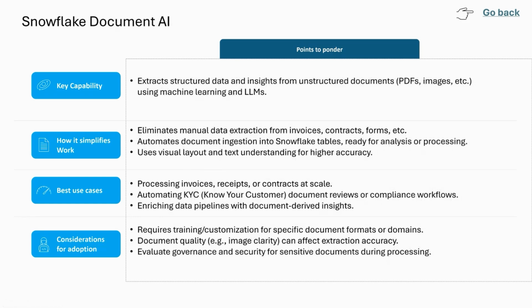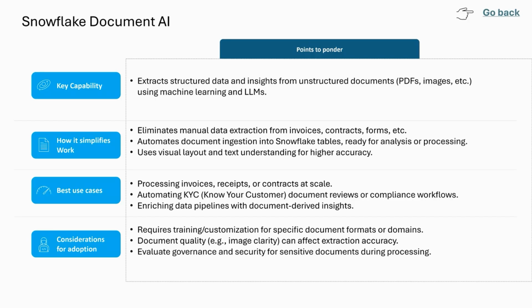The next one I wanted to touch upon is Snowflake Document AI. This is another fantastic capability within the Cortex umbrella. A lot of enterprises have a lot of PDF documents and images sitting within their landscape, and getting insights out of those unstructured documents is always a problem.